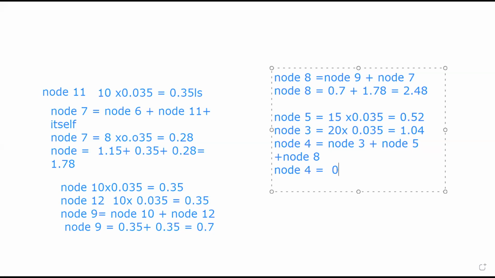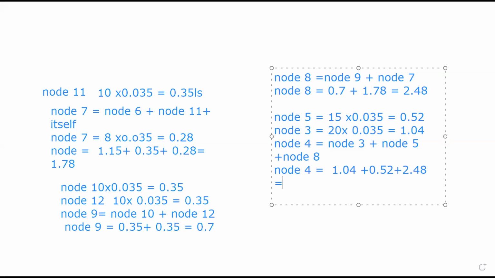Node 3 is 1.04 plus what again? 0.52 for node 5, plus node 8, 2.48. So we add up 1.04 plus 0.52 plus 2.48,